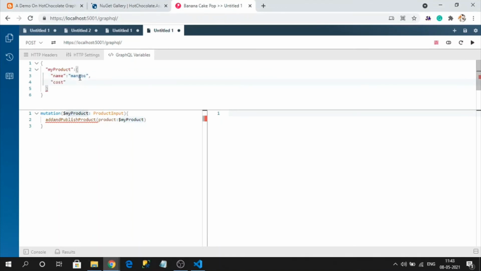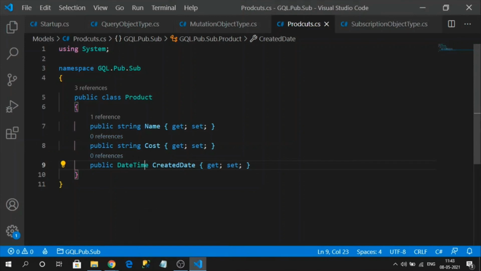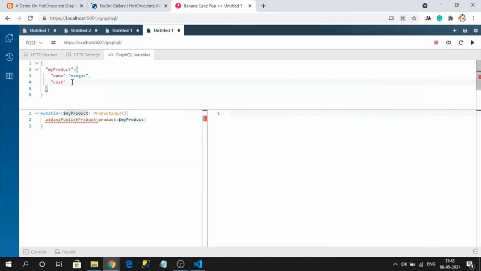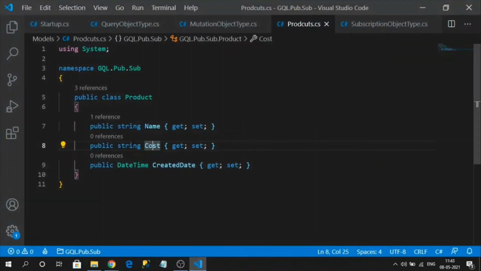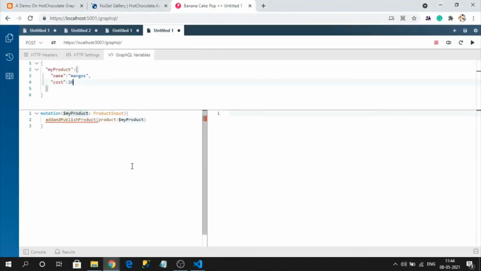See the naming case here, it is caps, right? But schema will only map with camel case, so the first letter should be smaller. Now I can specify like 20. Okay, let's make it decimal.